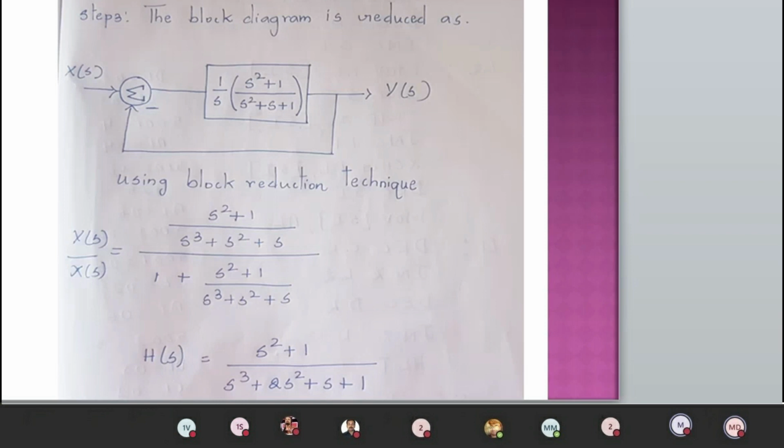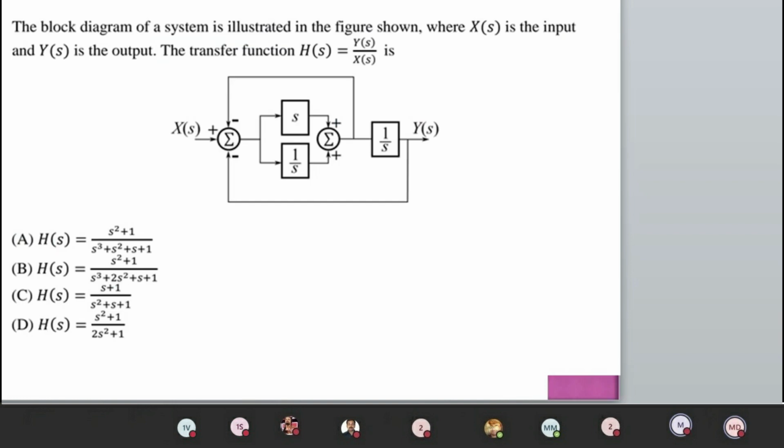Okay, so kindly students understand one thing, rather than converting to a signal flow graph, if you're very fast and careful in your calculations, you can easily solve this. The first step is feed forward path elimination. Okay, S plus 1 by S. And then you have one negative feedback with unity. Remove that. Then you have two blocks in cascade, multiply, and finally negative feedback, remove that. Okay, so you have the final solution as S square plus 1 divided by S cube plus 2 S square plus S plus 1. Okay, so this gives the final solution.